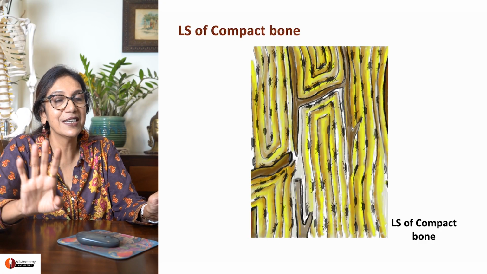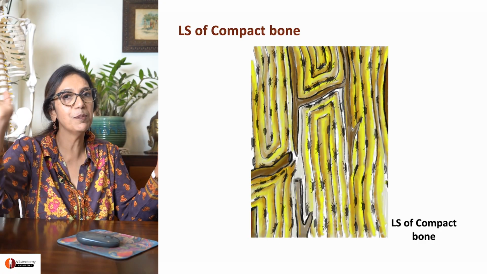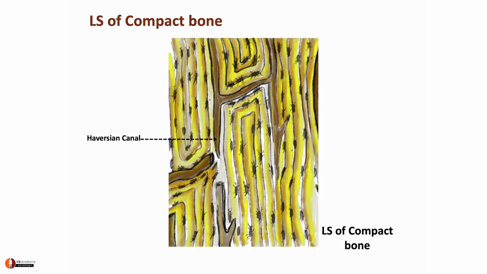No, it will not be stained. It's ground on a grinding stone and it's fine chip. Only it is longitudinal section. So what do I see? I see Haversian canal. I see lamellae running parallel to the Haversian canal this time. I can see that the Haversian canals are connected to each other by a connecting stalk called the Folkman's canal.